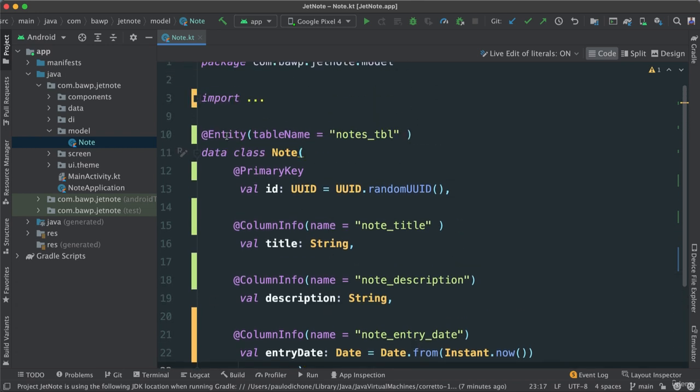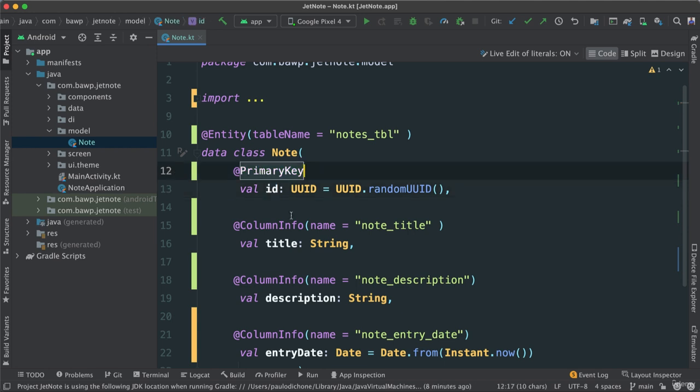So that's what we're doing here. What we did, we created an entity. We're saying this is going to be now a table and give a name, notes table. All of this is going to be created internally. Just to give an idea, all of this we had to manually do before Room. Really hard. But now all we have to do is just pass inside of our model class note all of these annotations to say to Room database, whenever this is read, it's going to know, okay, I'm going to make a table and name it notes table, and I'm going to create an ID,